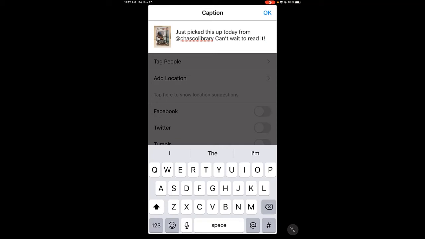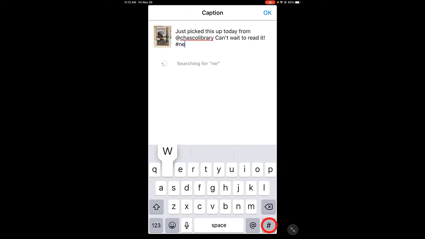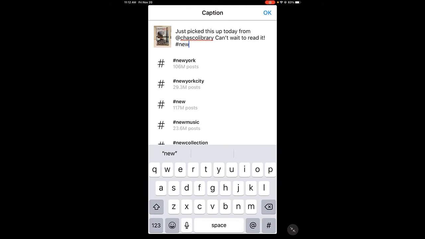But what makes Instagram kind of unique, or it did at one point, is using hashtags. So you'll see the symbol, tic-tac-toe symbol, the pound sign, whatever you want to call it. A hashtag is what it is called in Instagram. And whenever you use a hashtag, you don't use a space or anything. You can just start typing, and you'll see that these are other hashtags that have been used on Instagram. New York is the first thing that comes up whenever I start typing new. But I'm going to keep typing